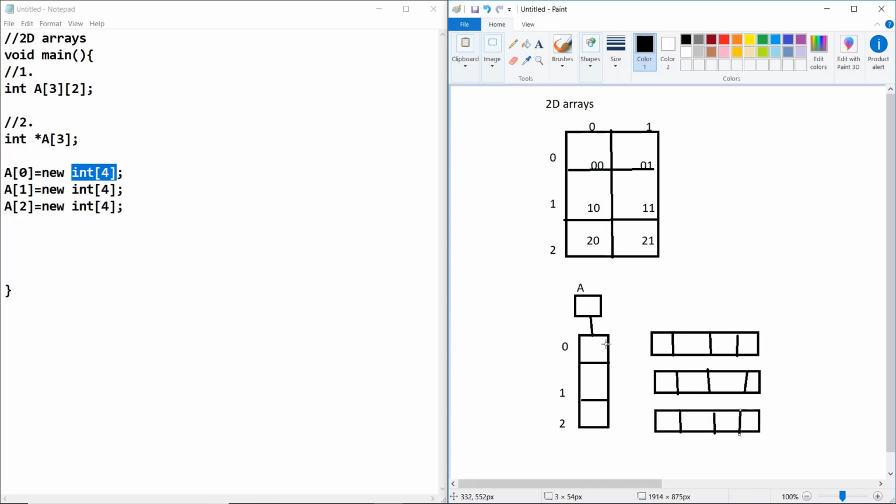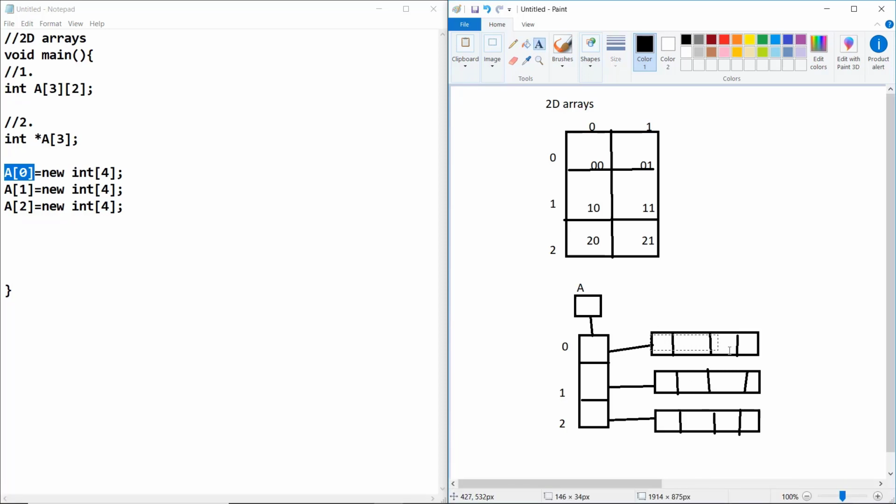These are the arrays which are dynamically allocated. So what did the statement do? At 0, the reference points to an array created in the heap.